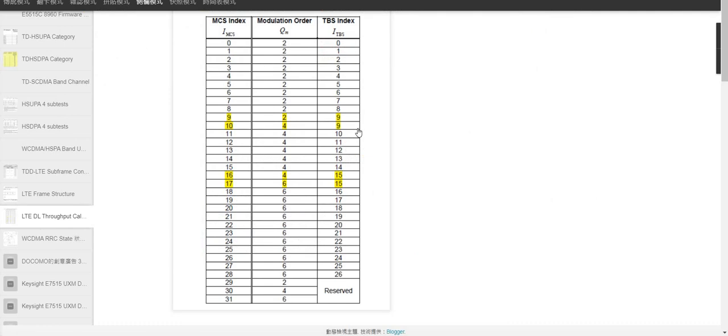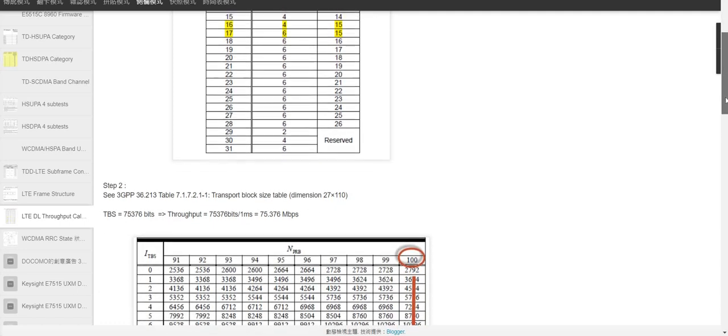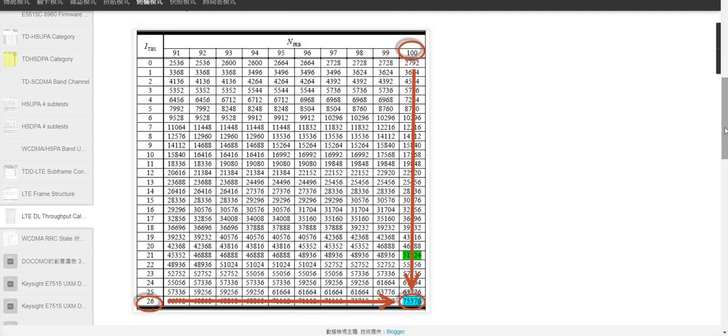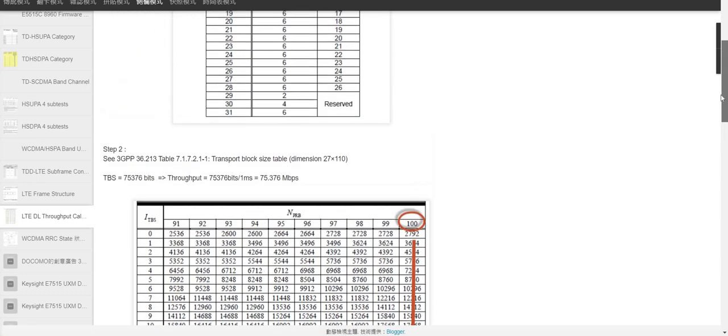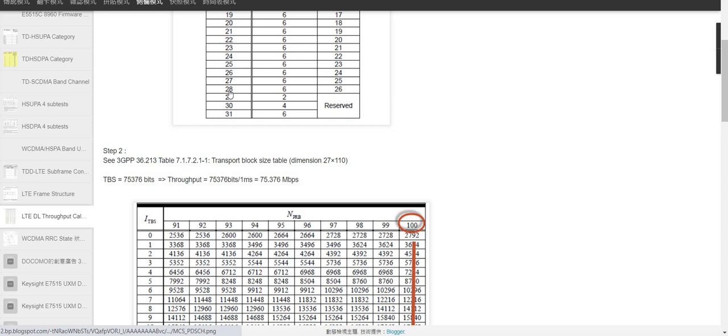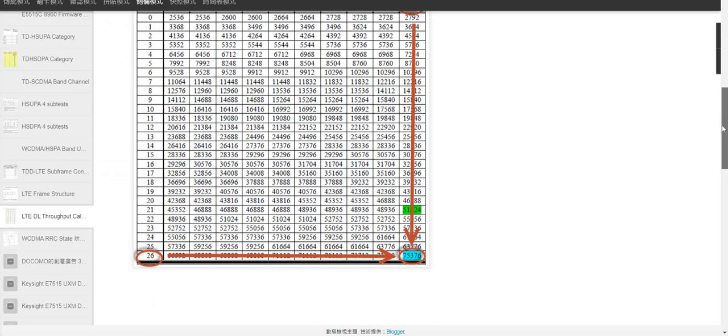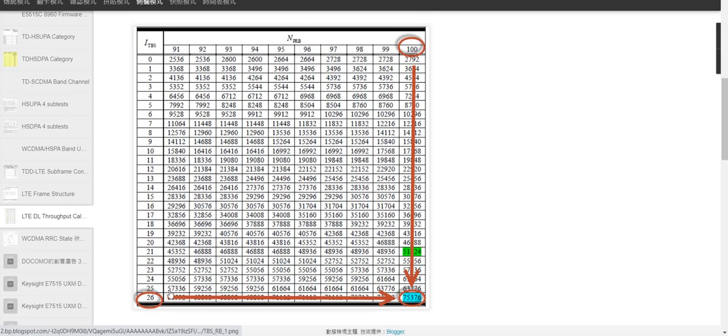Now there is another table. Lots of tables are there, but this one is the last table. This is the table which maps the transport block size index with the number of PRBs. So for MCS 28, the transport block size index will be 26, and for transport block size index 26, if a UE is getting the 100 PRBs,